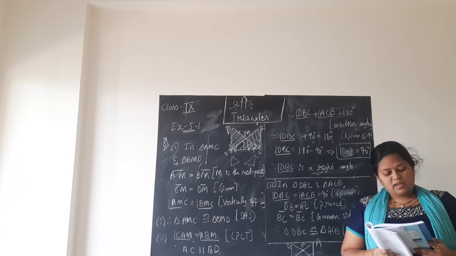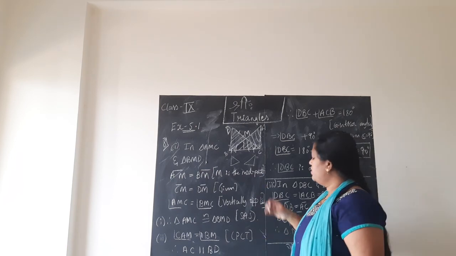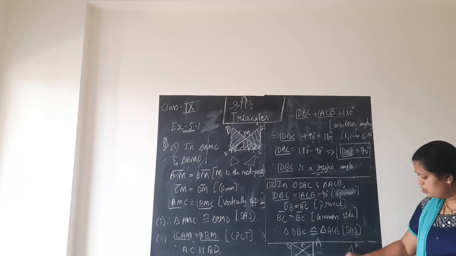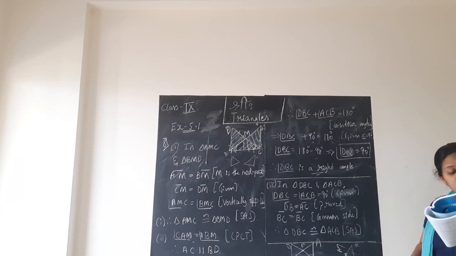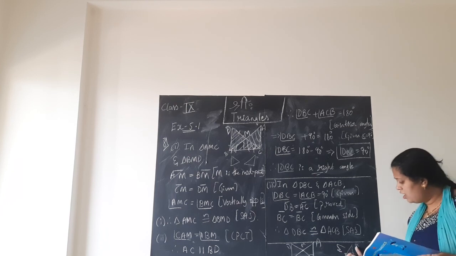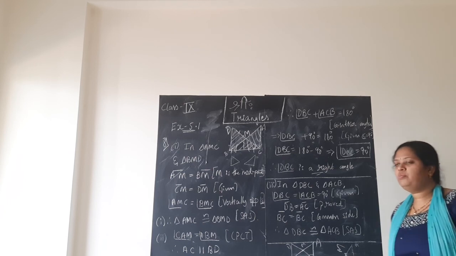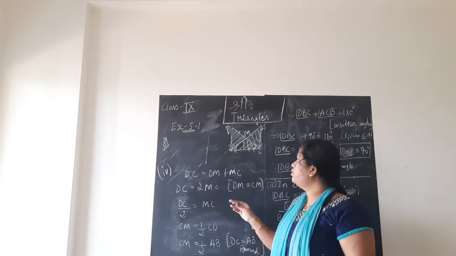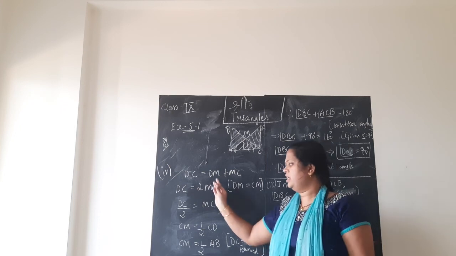Please do it, children. Now, the fourth sub question is, we need to prove CM is half of AB. So first, what we did, we had triangle ABC, angle C 90 degree, marked a point M on the hypotenuse and joined CM such that M is the midpoint of AB, as we proved. But they are asking to prove CM is half of AB. So M is the midpoint, and we can prove it easily. I need to clean this part of the board. So in the fourth case, children, we need to prove that CM is exactly half of AB. It is very simple. In 3 steps you will get it.